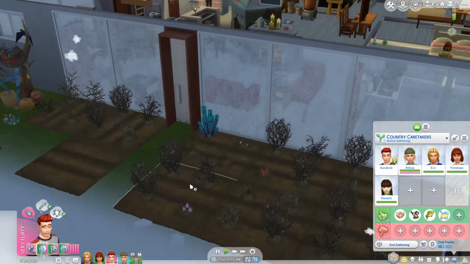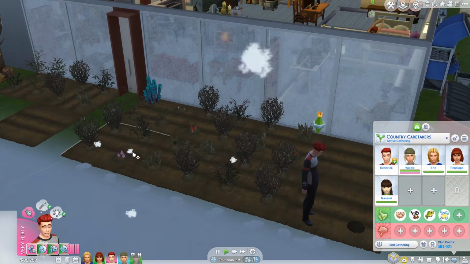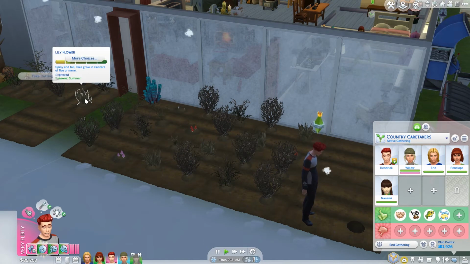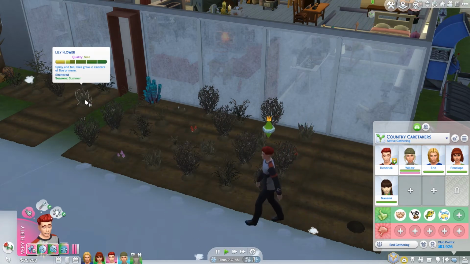And that was something I didn't need for a long time because you can get that when you go to the city for one of the two festivals. I think the Romance Festival. So, Snapdragon, and I'm just another Snapdragon. I'm trying to look, where did my lily go? There's my lily. So we're going to take a cutting of that lily over there,